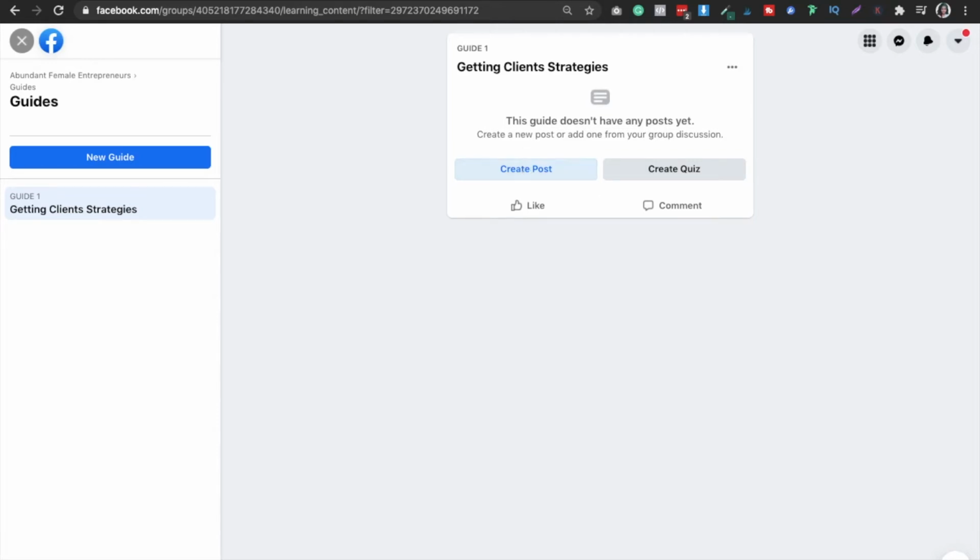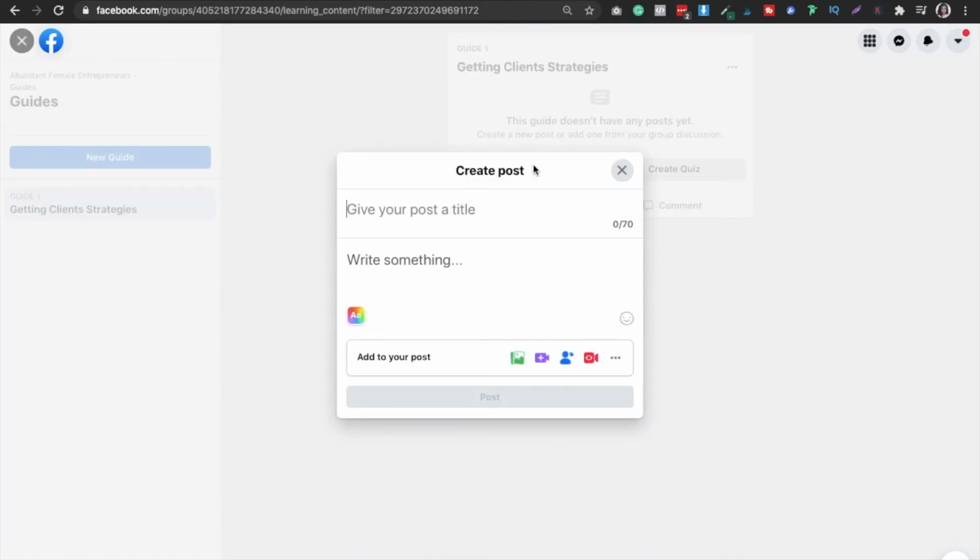And remember, to do all these things you have to be on the desktop version, because it will not be available on the mobile version, and it will be easy for you to get it done on the desktop version. Also, to do all the things that I'm doing, it is important that you are an admin, so you can change it. Now I'm going to go ahead and click.